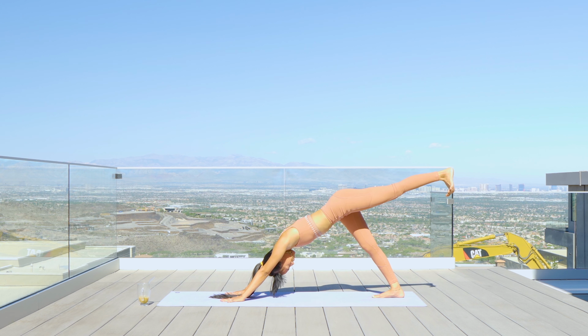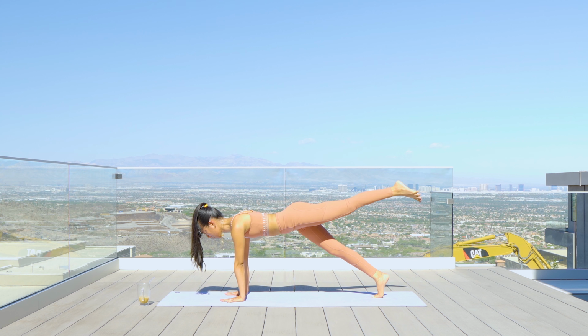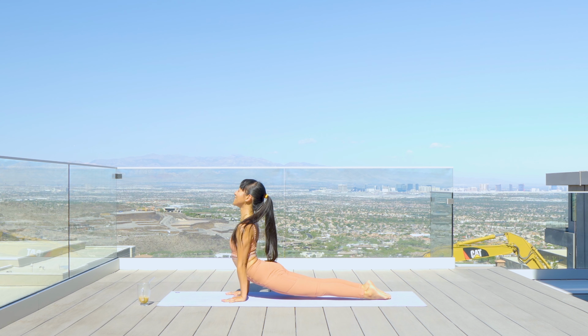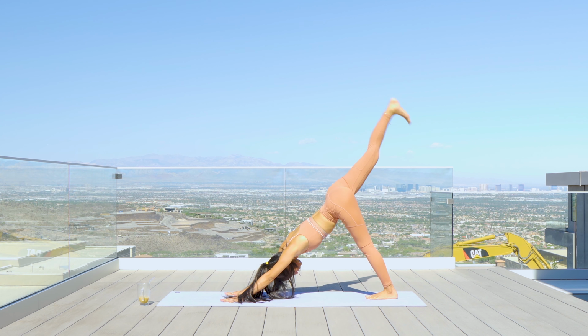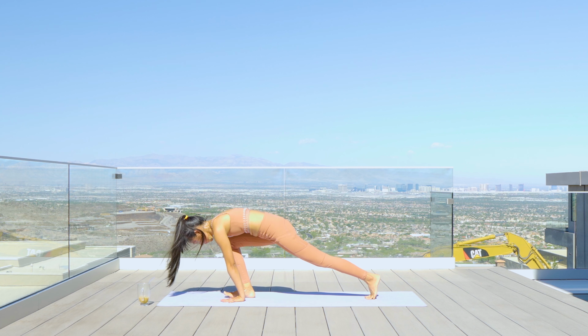You're going to prepare for high plank as you shift your weight forward, keeping that left leg up, slowly lowering down. Chaturanga, Skandasana, and inhale, upward dog. Exhale as you push back to downward facing dog. Right leg goes up, bend the right knee, send it in, knee to chest, and drop the right foot down